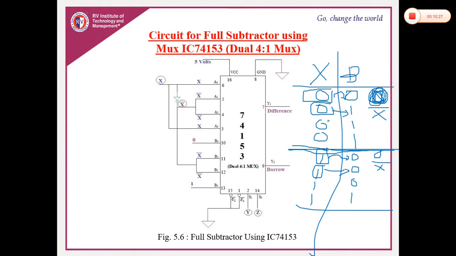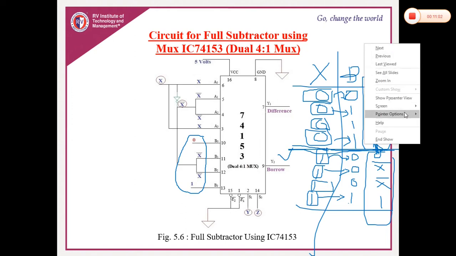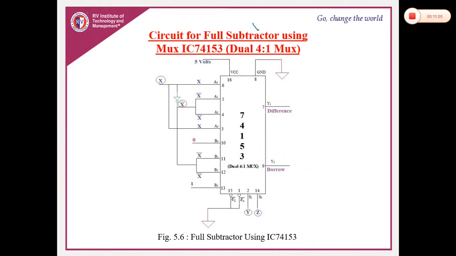Is it okay? For the next case, whenever x is 0, you are getting 1. Whenever x is 1, you are getting 0. Again, it is the inverted form x bar. Last combination, whenever x is 0, you are getting 1. Whenever x is again 1, you are again getting 1 as the output. So irrespective of the input, you are always getting 1 as the output. So finally, what we have is 0, x bar, 1, 0, x bar, 1. I'll take only one time 0, x bar, 1, and I'll take it as the borrow output. So this is the expected circuit for full subtractor implementation. This is what you are supposed to remember.